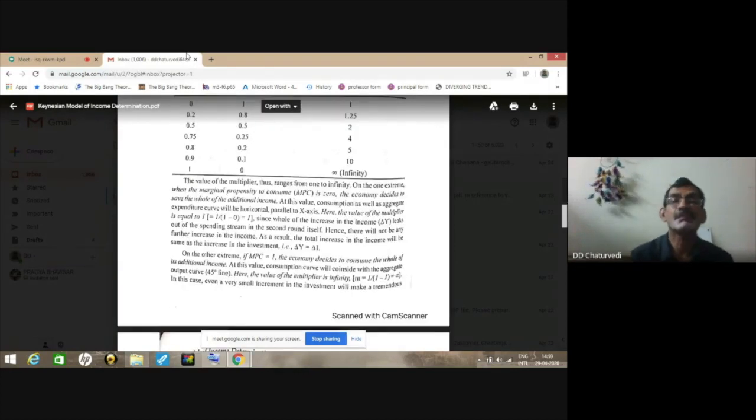So values have been calculated. These are 1 when MPC is 0. So that means when MPC is at its minimum, the minimum value of multiplier will be 1, and that indicates the total income created will just be equal to the expenditure incurred in the first round. The maximum value of multiplier will be infinity. This happens when there is no saving at all. That means every amount that people receive is consumed. And here MPC is equal to 1, and the value of multiplier will be equal to infinity.